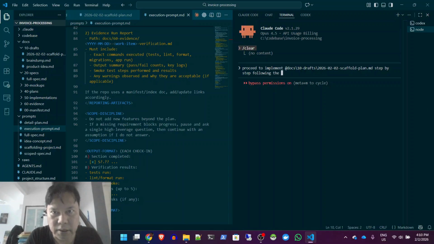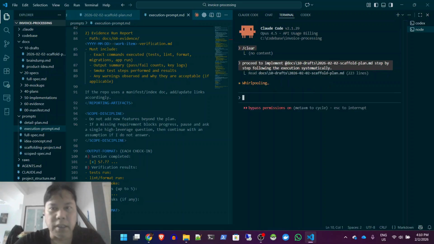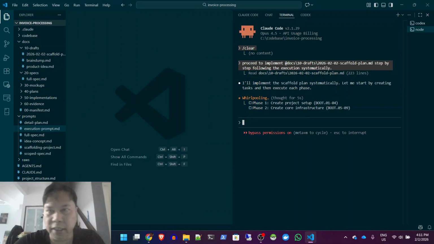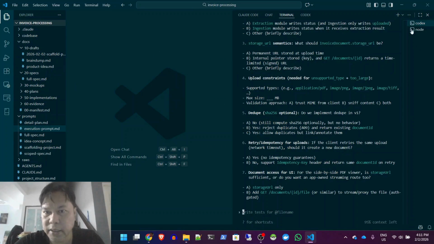following the execution systematically. Right. Now it's going to start scaffolding the project. So let's just close that, and then